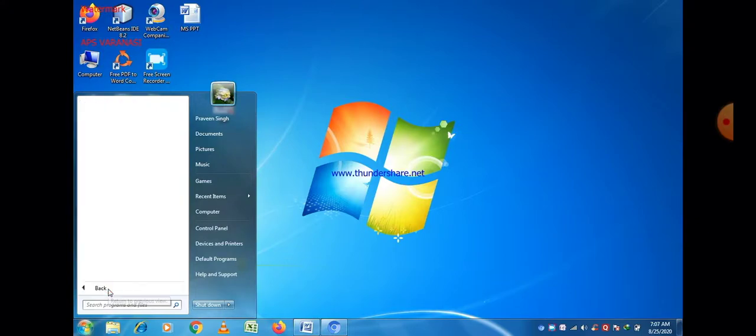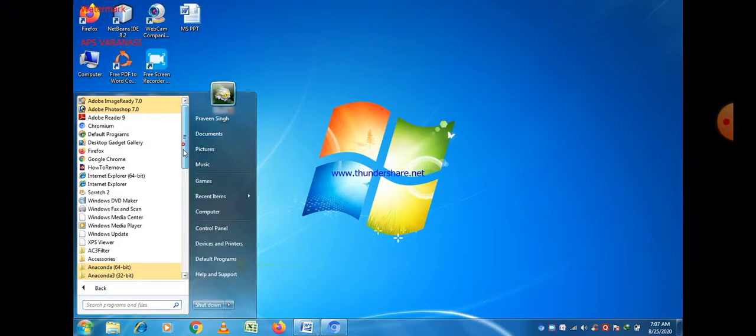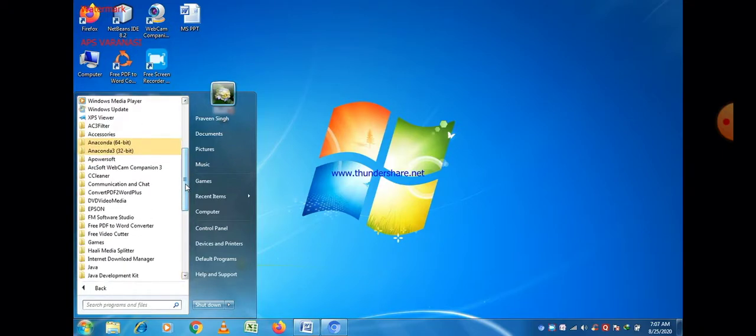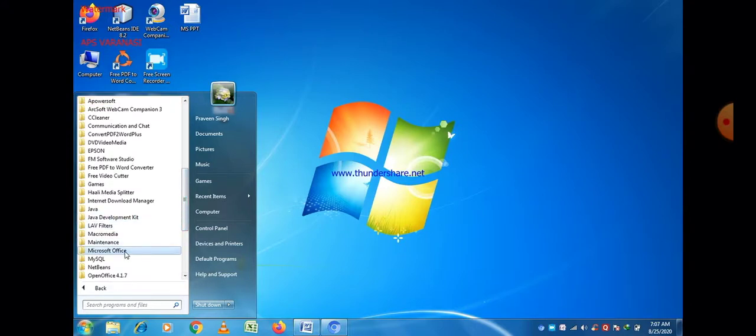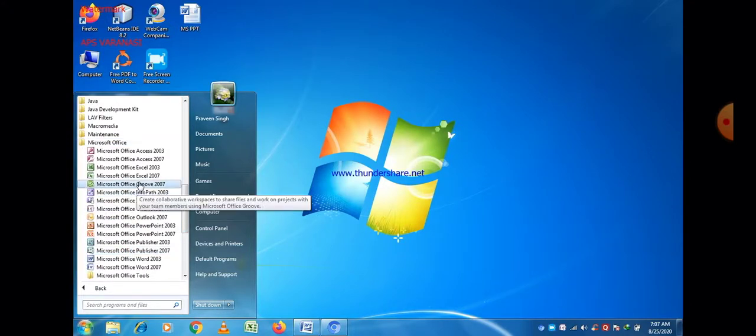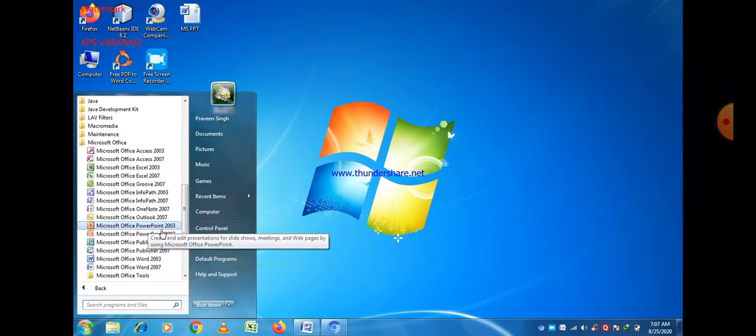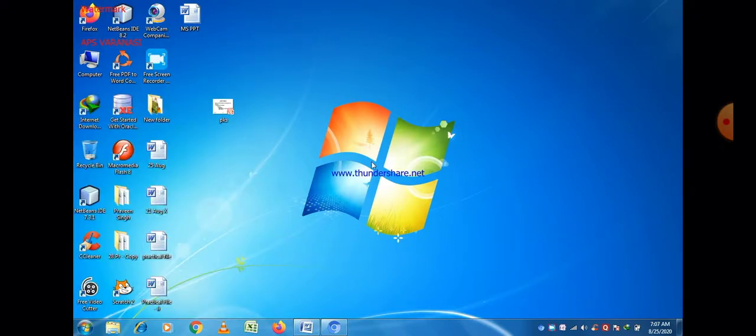And you can also go to all programs just like I told you earlier, and go to MS Office. These are the different programs, and pick Microsoft PowerPoint here. Microsoft PowerPoint 2007 is there, so you can just click on that, and Microsoft PowerPoint 2007 will open.